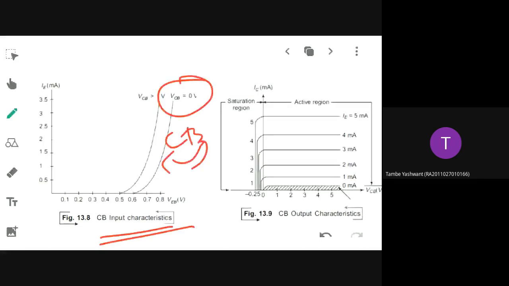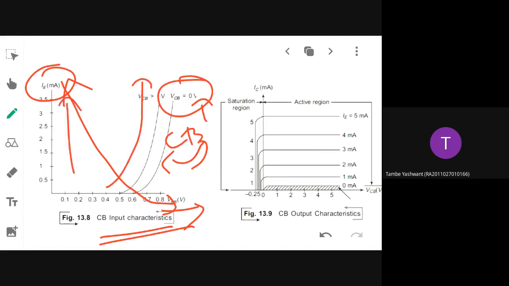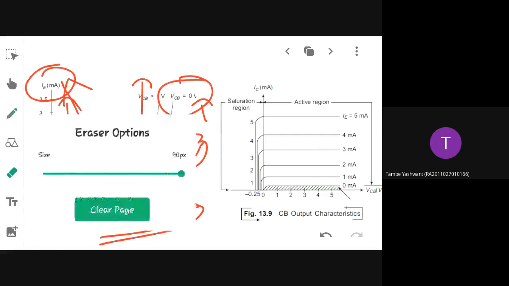Then the input side RPS I am going to vary, thereby I will be able to vary VEB, and I will be observing the ammeter current, between which I am drawing the graph. But the thing is, IE will be increasing fast, while with respect to IE, the variation in VEB will be very small. Comparing IE and VEB, IE is jumping up to 3.5. But what about VEB?